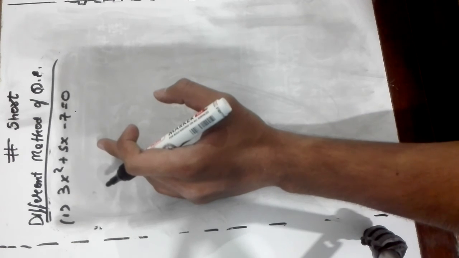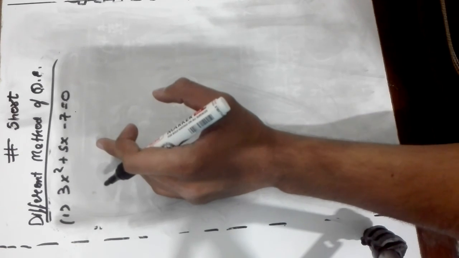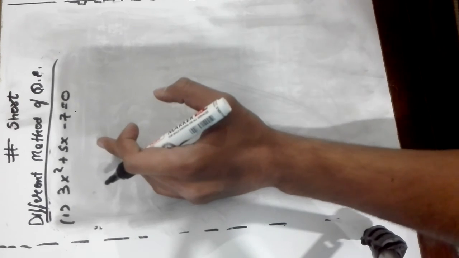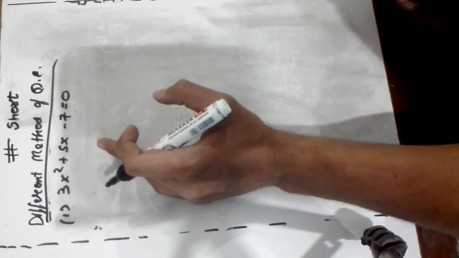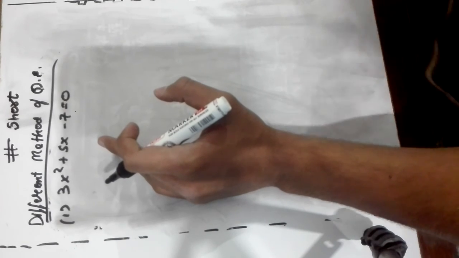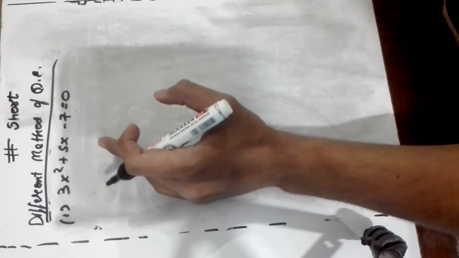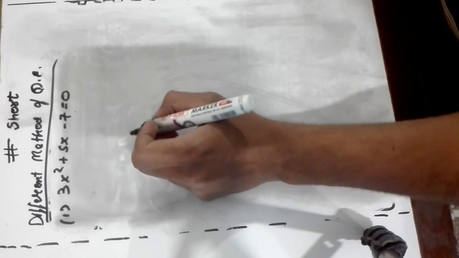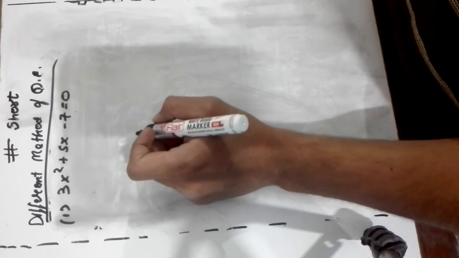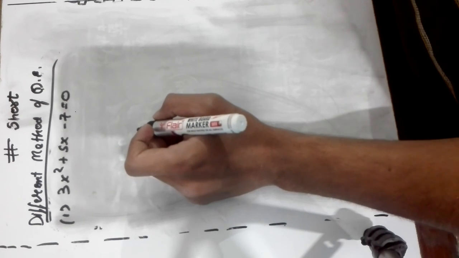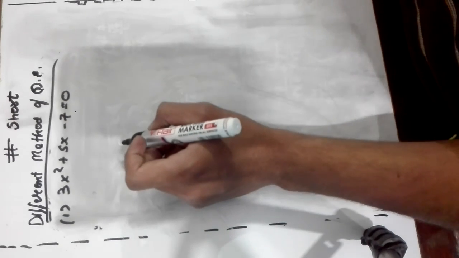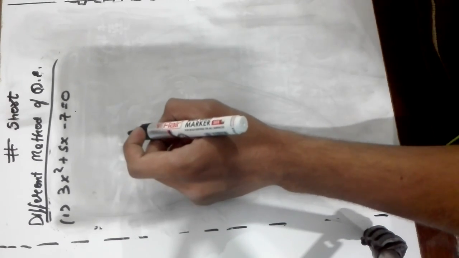The formula is actually x equals to minus b plus minus root D by 2a, and then you solve this and you get the roots. So let's just solve this by NCERT, as what NCERT says. NCERT is a bit complex actually. You have to find the roots, and as I said, the procedure you have to follow here to find